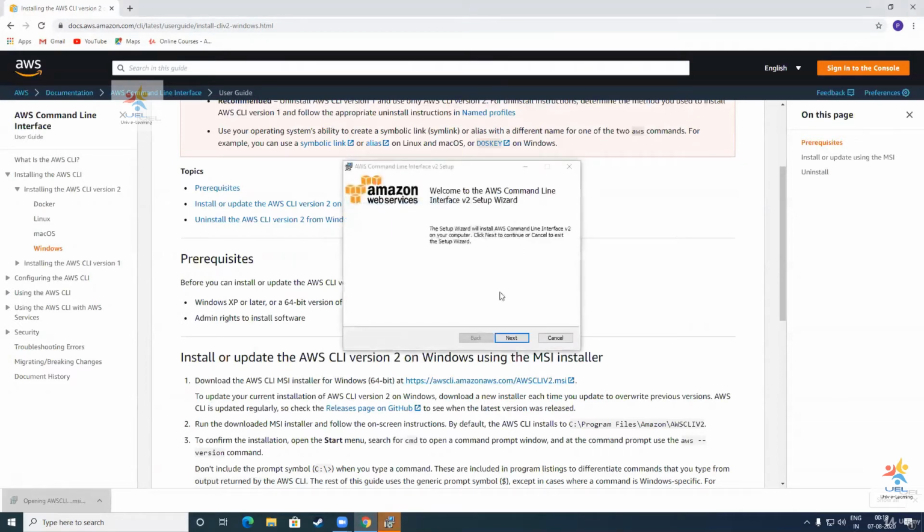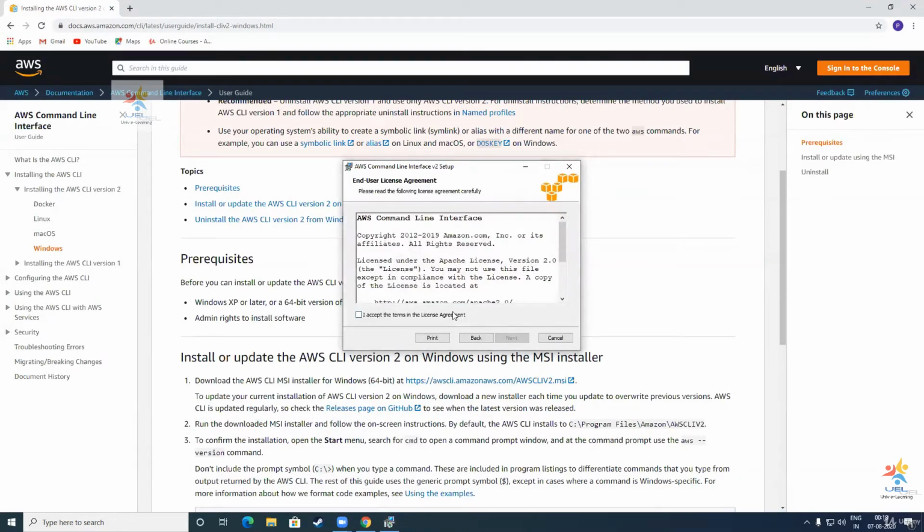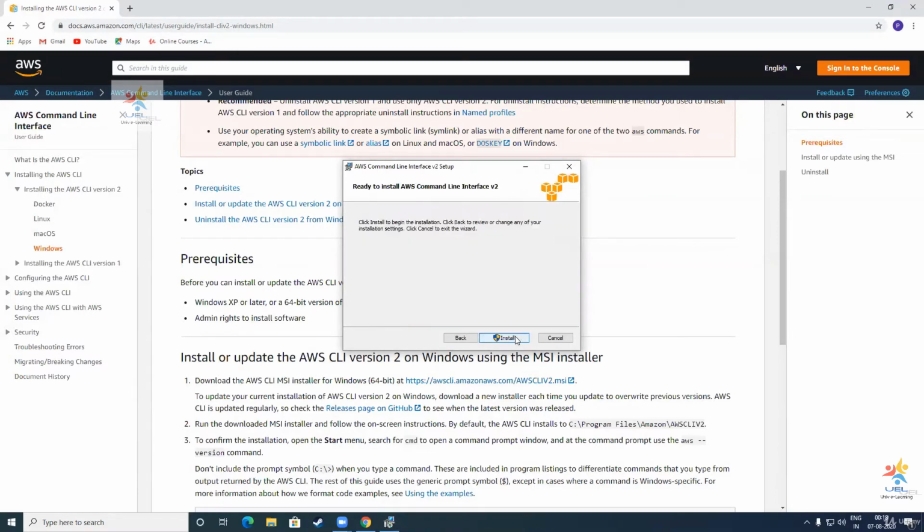Click on the file to open it. It takes you to this interface, where it's going to ask you to click on next three to four times. We are all familiar with doing installations this way. Click on next. Click on I accept the terms in the license agreement. Click on next. Click on next. Click on install. And it's going to ask you for a confirmation. Click on yes.